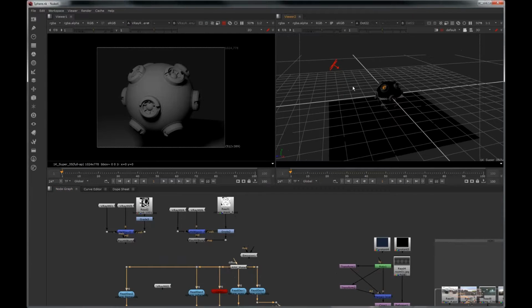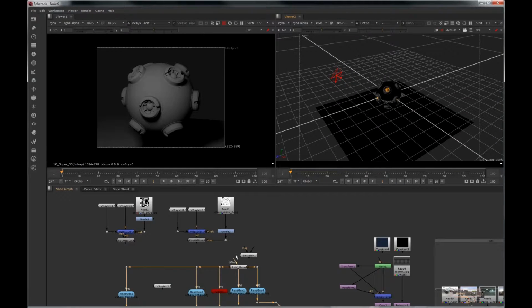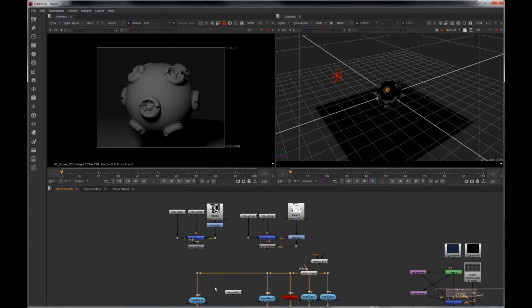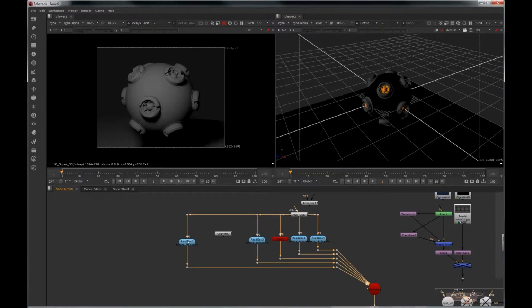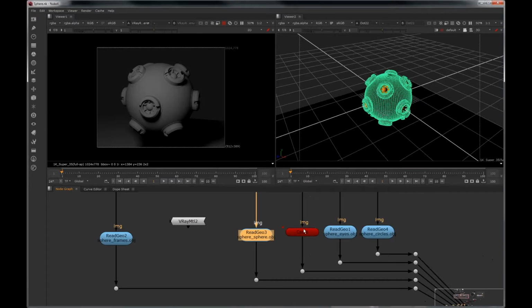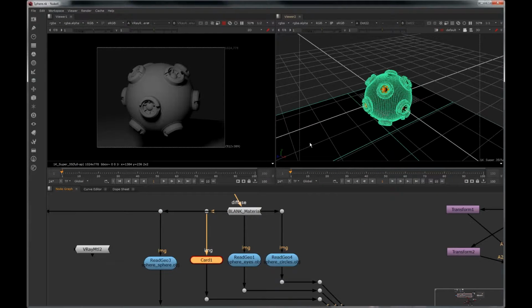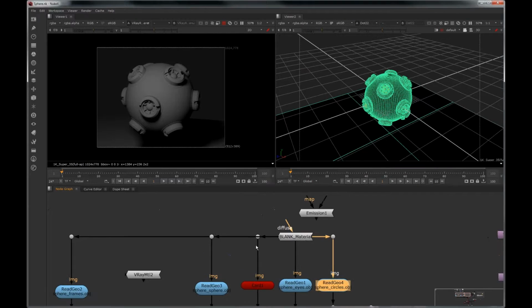And a few words about this scene. I have imported the geometry, which is this sphere. Here it is. And I have a card for the floor, and